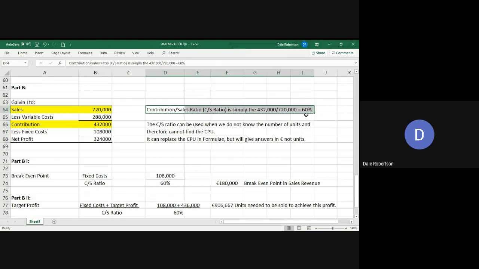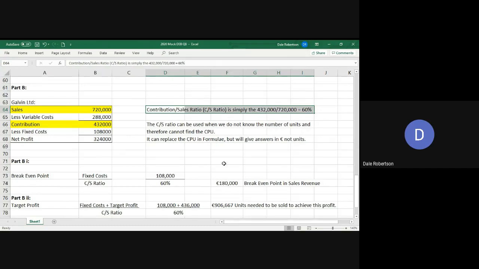So what that means is that of all of the sales, the variable costs are 40% of the sales, and there's a 60% contribution, which goes towards covering fixed costs, and it goes towards a net profit for the company. That 60% figure is the CS ratio, and that's what we will use in part 1 and 2 of the